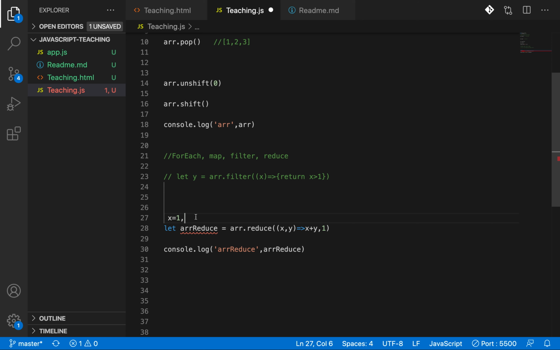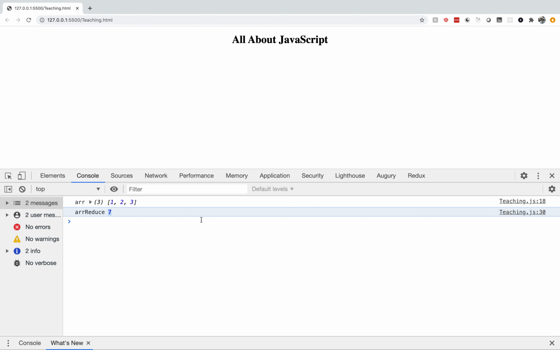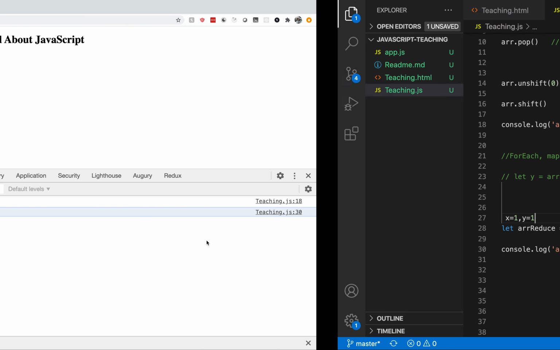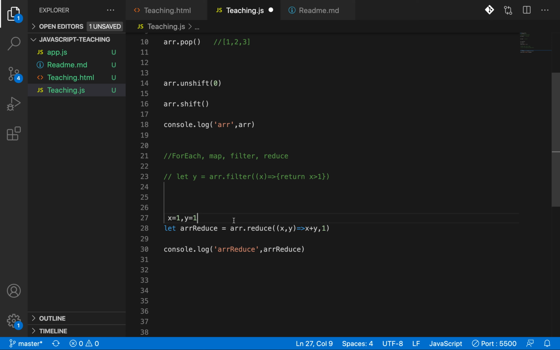So y equals 1. Now x plus y equals 2, right? You understand, guys? x plus y equals 2.